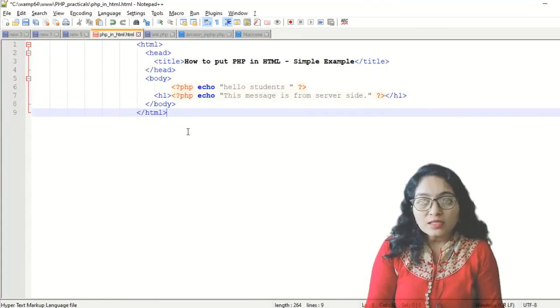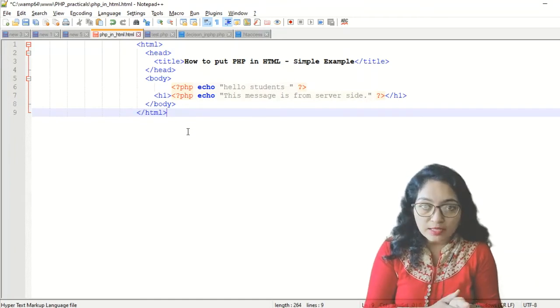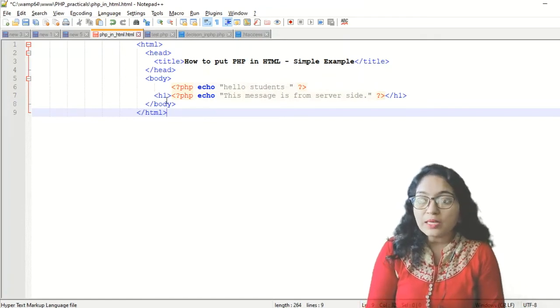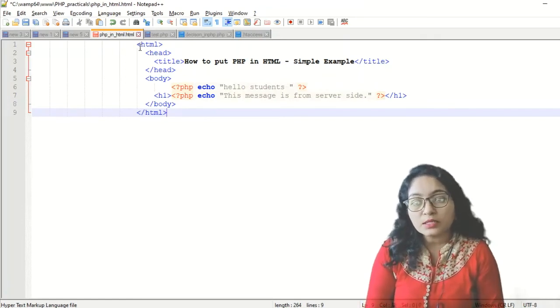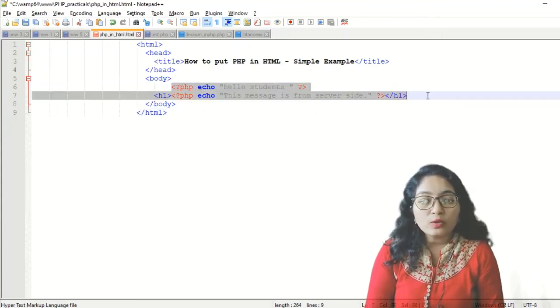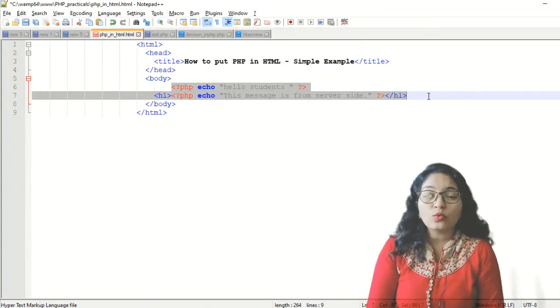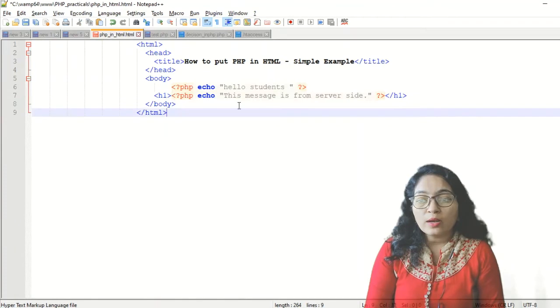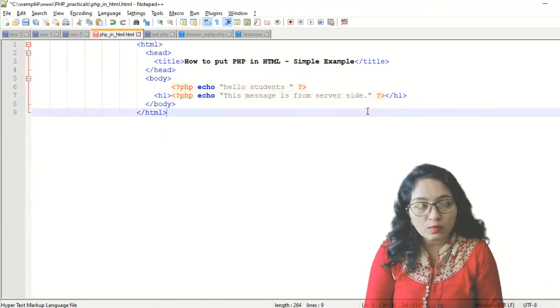Now, let's see our first topic, that is PHP in HTML and HTML in PHP. Okay, so we have taken the example in the slide. The same example is written over here. Here, this is the basic HTML file in which I have created two statements, that is two pieces of code for PHP: PHP echo hello students, then PHP echo this message is from the server side.